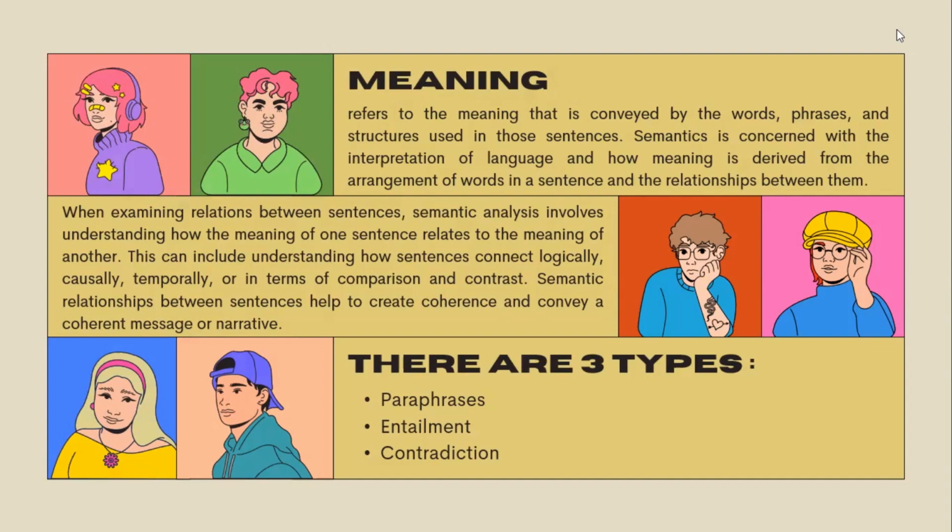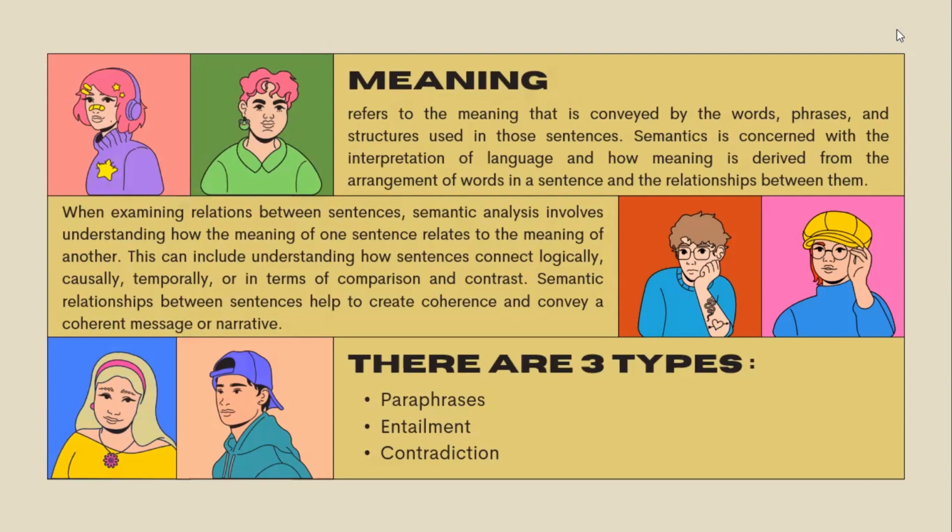Semantics is concerned with the interpretation of language and how the meaning is derived from the arrangement of words in the sentence and the relationships between them. When you examine the relations between sentences, semantic analysis involves understanding how the meaning of one sentence relates to the meaning of another. This can include understanding how the sentences connect logically, causally, and temporally, or in terms of comparison and contrast. The semantic relations between sentences help to create coherence and convey a coherent message or